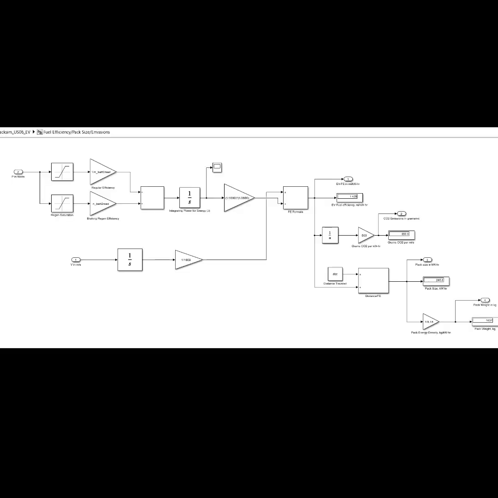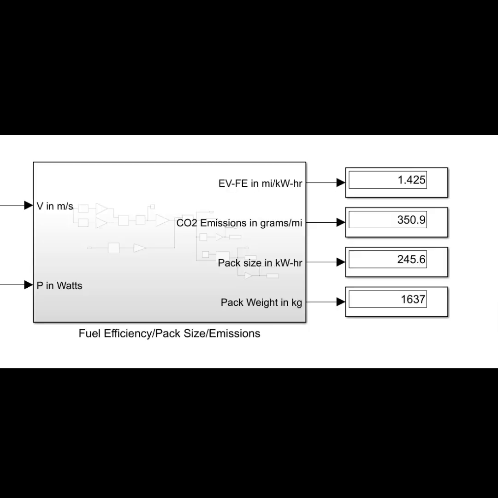The EV backsim model is obviously different from its ICE counterpart. It includes the efficiencies for the electric motor and drivetrain and utilizes a regenerative braking cycle to increase efficiency. The EV backsim model must be iterated multiple times, and the pack weight must be added to the initial vehicle mass and run again until the pack weight finally converges. In the case of my truck, the pack weight finally converged at a weight of 1,637 kilograms for a total